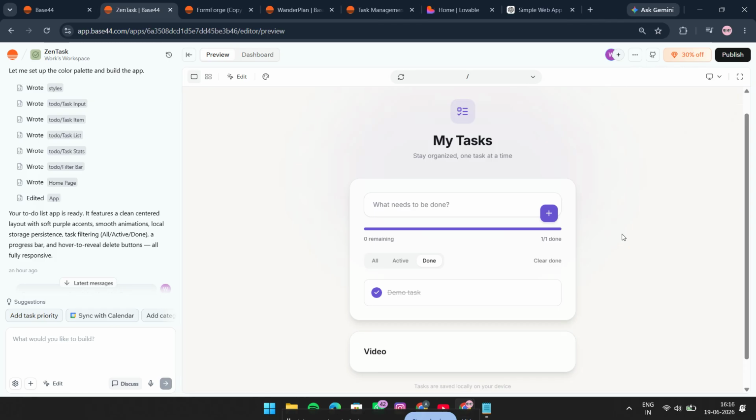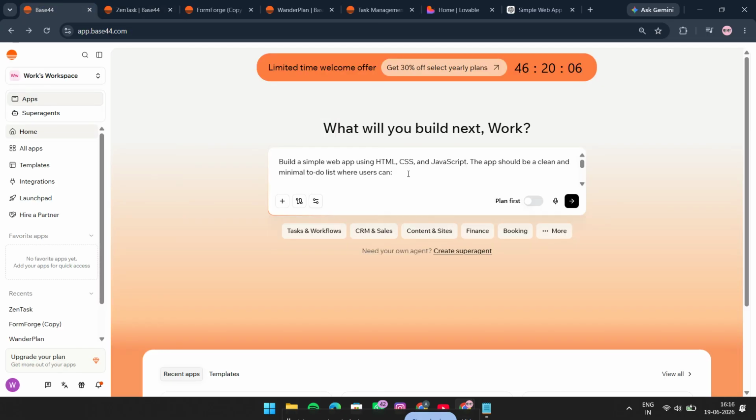And that's it. You now know how to create your app in Base44 and launch it using the publish option. It really is that easy. Open Base44, describe your app in plain English, let the AI generate the front end and back end, then publish